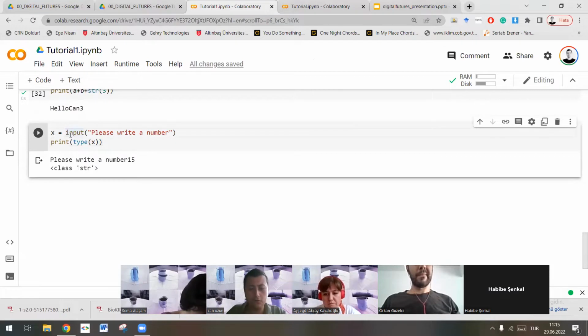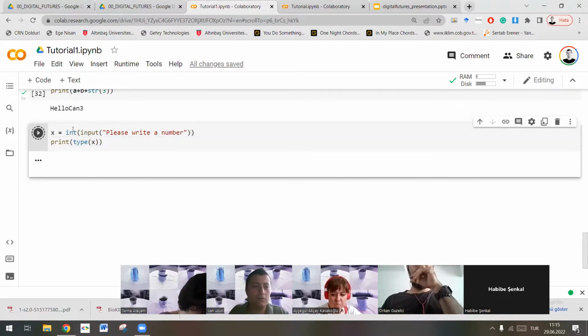So what you have to do before the input function is convert it to an integer or float, whatever you want. If you want a string value, it's okay. But if you want to use a numeric value, it's not okay. So you have to convert it to integer before writing your input. So this is int right now. So why are we using this? Let's make